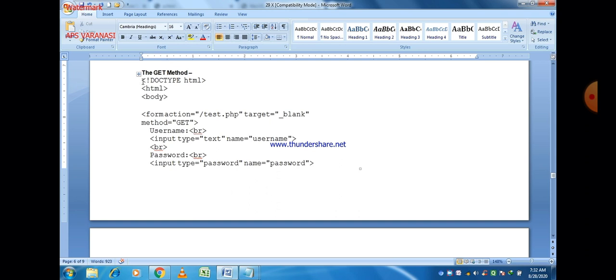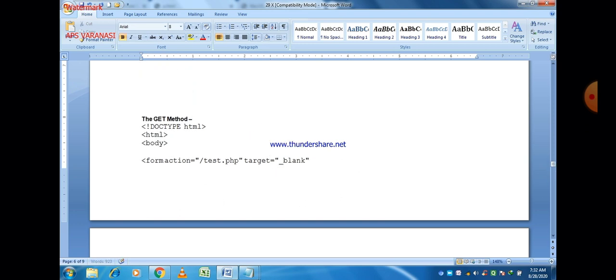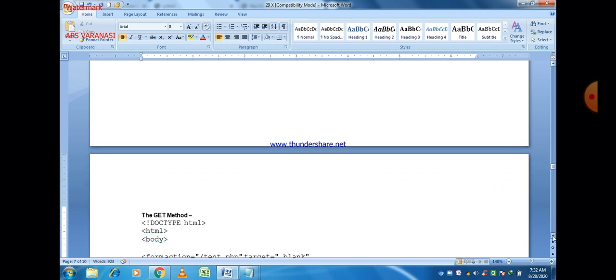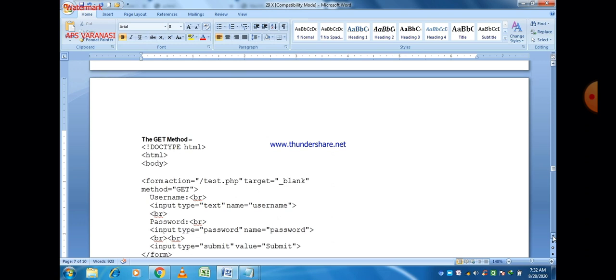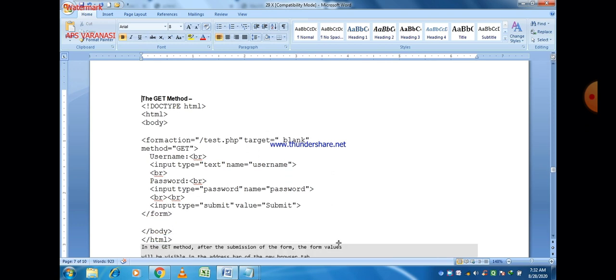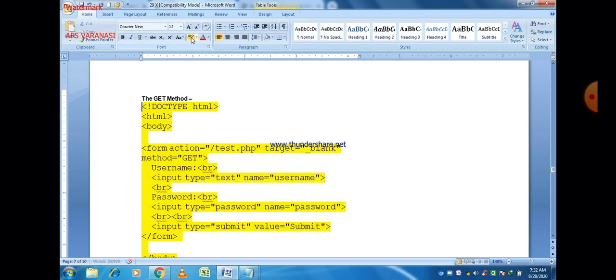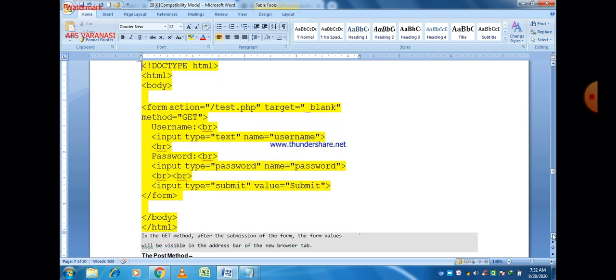So there is an example of the get method. You can easily see it on the screen. We just use method is equal to get. So just pass an argument method is equal to get in the form. Till now we have used all three main attributes of a form, that is action, target and method. So method is equal to get here. What happens after the execution of this program, you can see in the description.